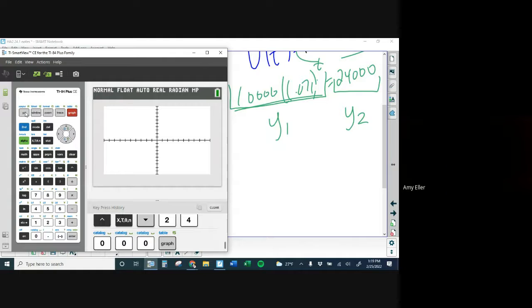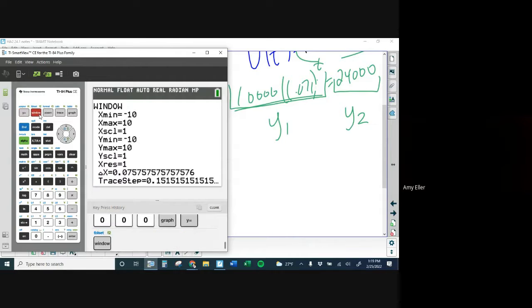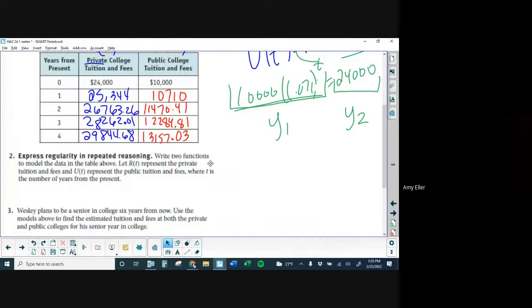Let's look at what our X and Y stand for. I'm going to go back to my equations. What is X or T, the input, represent? Years. So go to your window. X is years. Your current years say negative 10 years. What would we like to change our lowest years to? 0 sounds good. And we don't know our years, but we know, according to our table, at 4